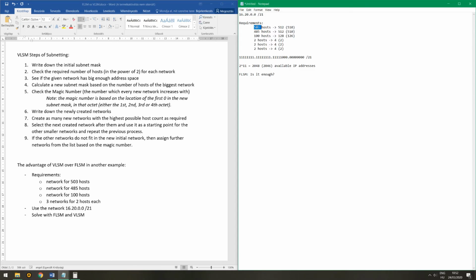As you can see, I've already converted them to powers of 2 to better deal with them. Here is the subnet mask of the initial network, and as you can see, it has 11 zeros in it, which means that we have 2 to the power of 11, aka 2048 available IP addresses. As you may know, fixed length subnet masking means that we give the same subnet mask